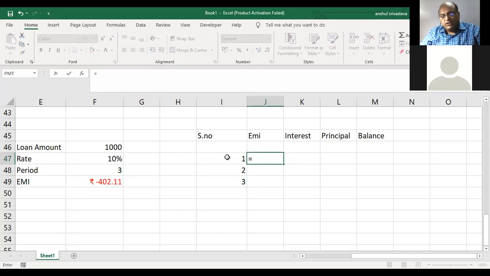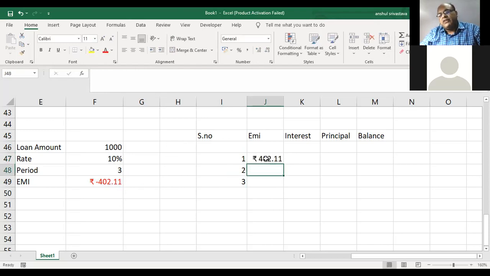So now I want it in positive. So this minus 402.11. I have given the cell reference. And if I pull it down, you will see नीचे के दोनों से you'll get 0. Why? Because Excel does relative referencing. Here I have copied this F49. If you do not fix it and drag it down, it will directly take the lower cell F50, because Excel doesn't recognize its value. Excel says if you have copied F49 here and drag it, it will copy F50 and F51.